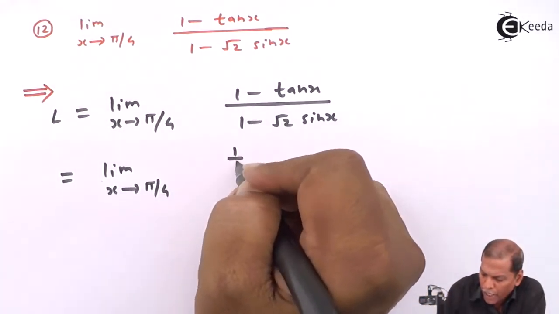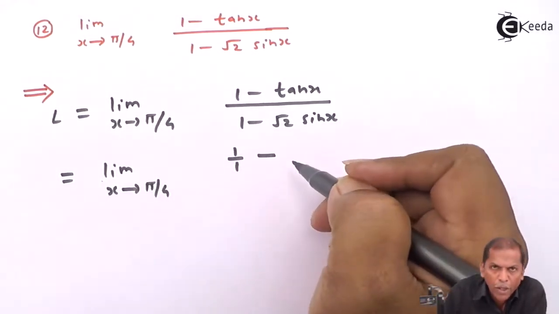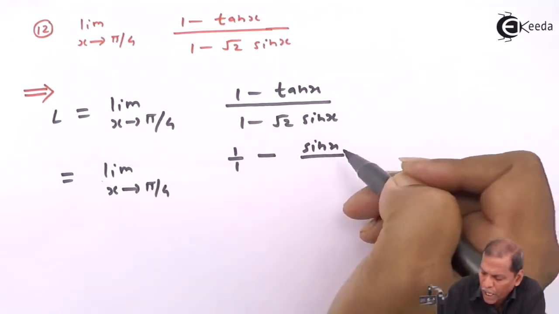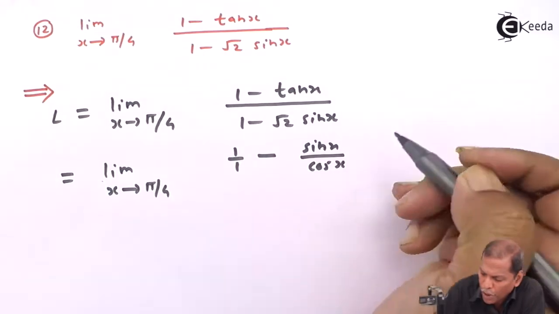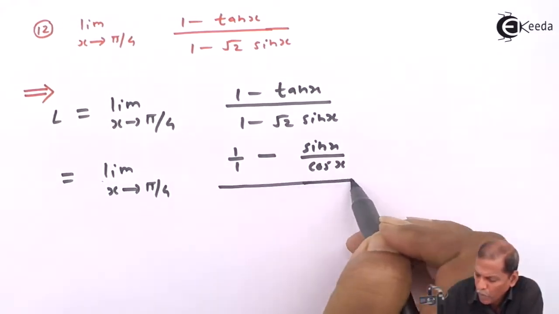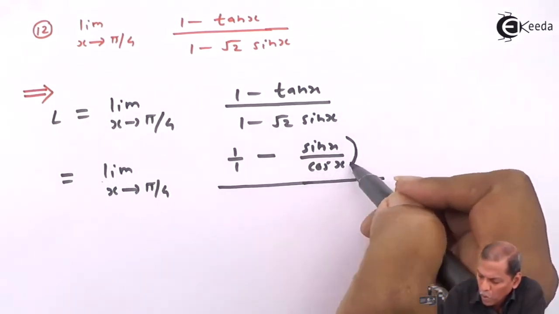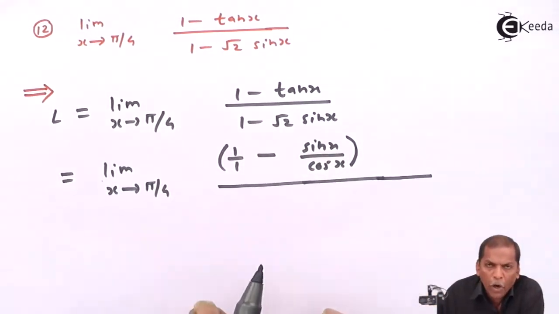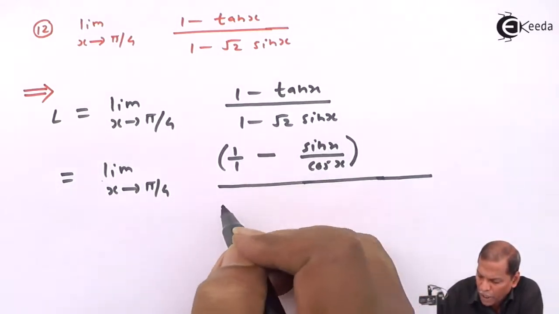For 1 I can write 1, minus, for tan x we write sin x upon cos x. Then in the denominator we go for rationalization. So on rationalizing the denominator